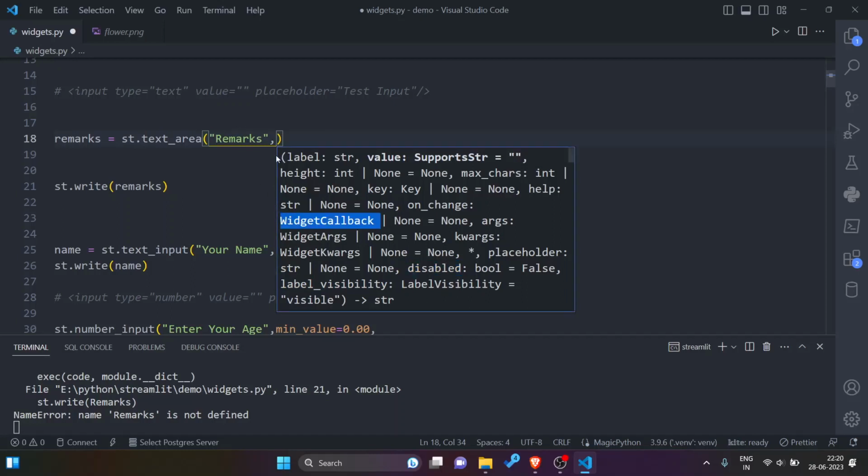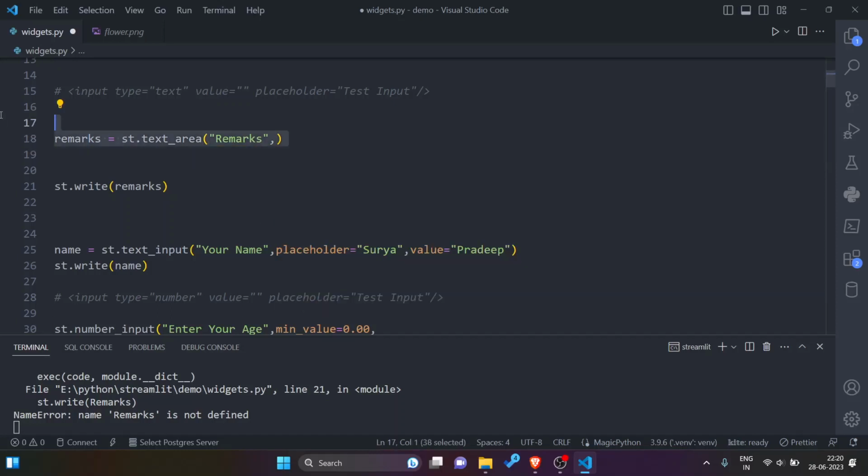So on change, some function can be called which executes on change of this text area, that is widget callback. By default it's none. Args, widget args, keyword args, meaning in the form of a dictionary or in the form of a list can be passed to this text area.